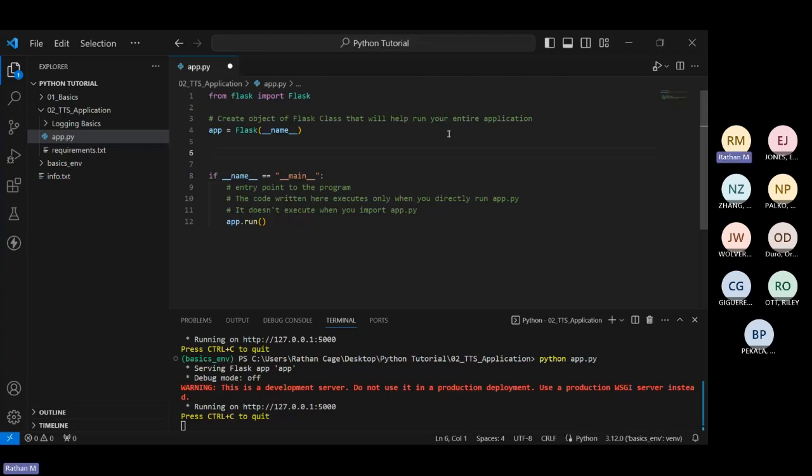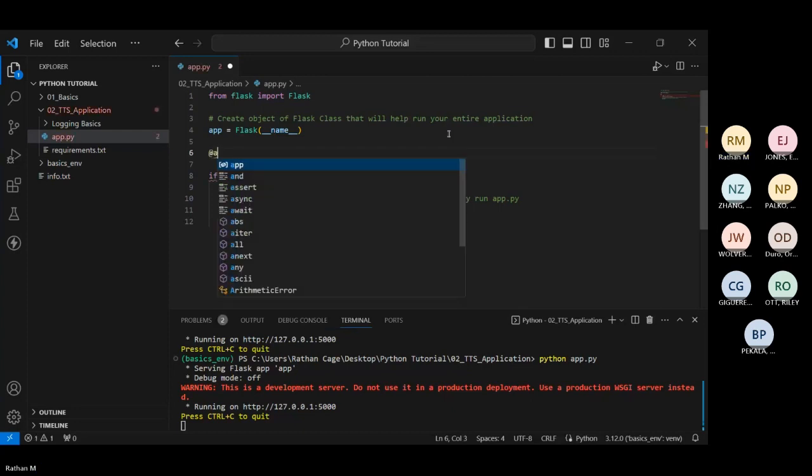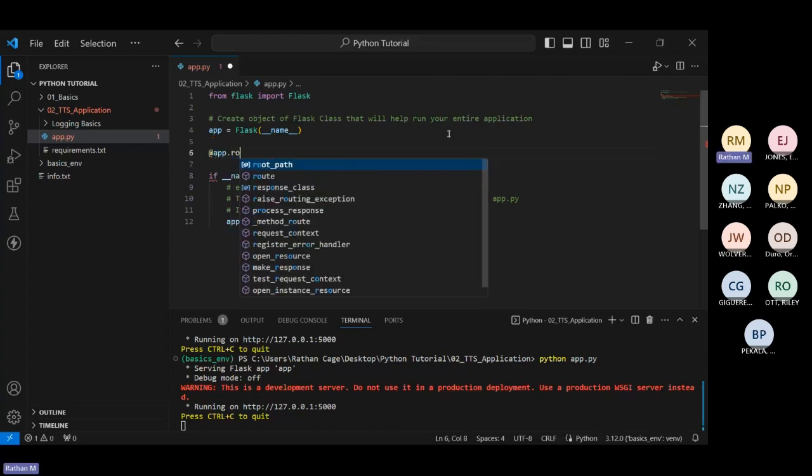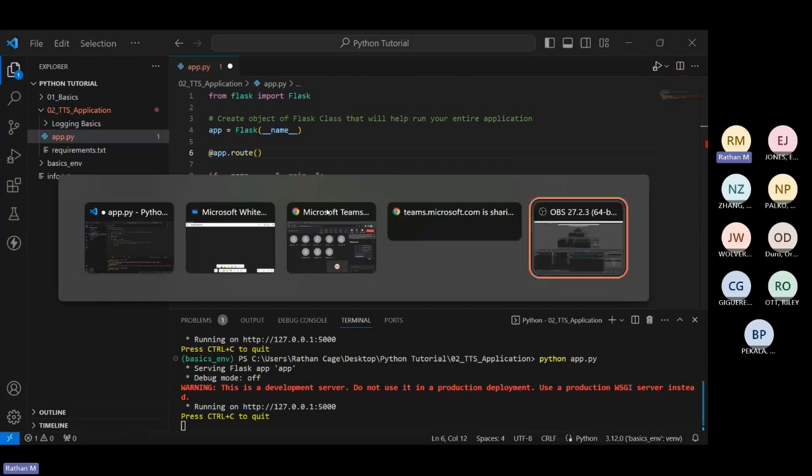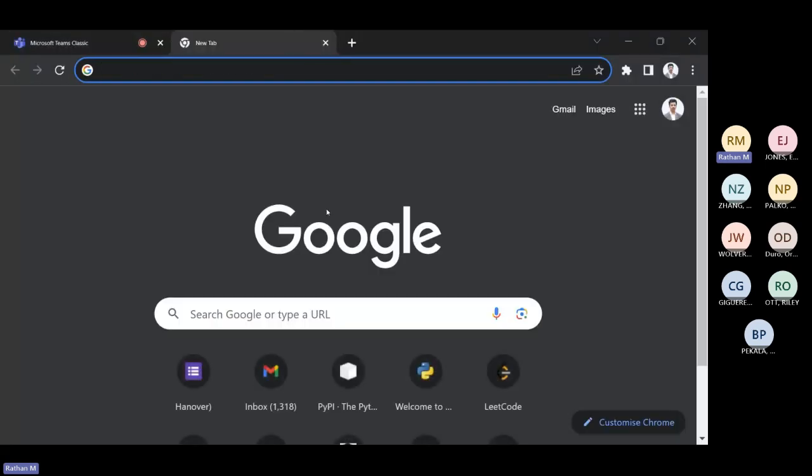Here, in order to create any route, you have a decorator called app.route. Again, just so you know, there's another concept within Python called